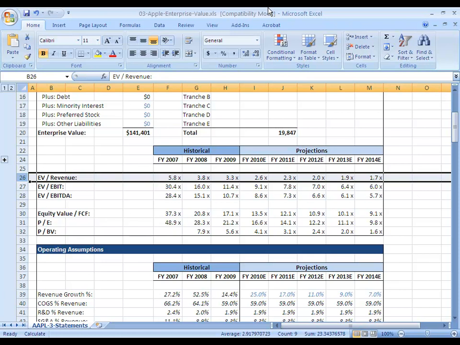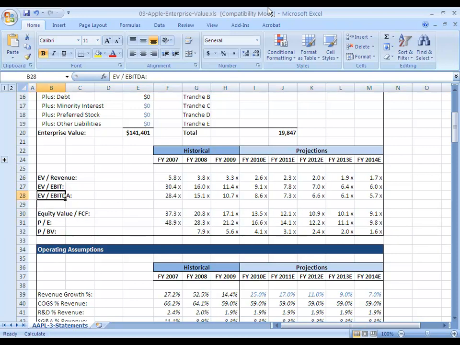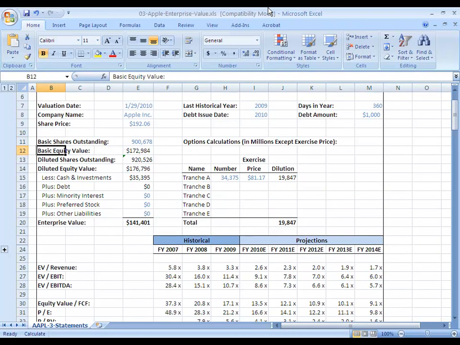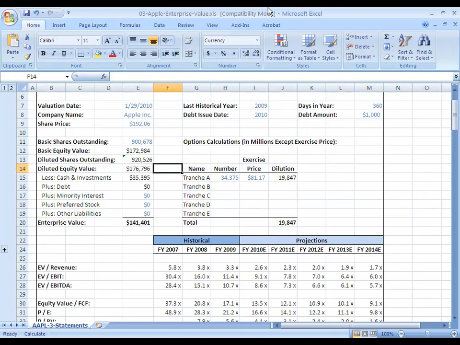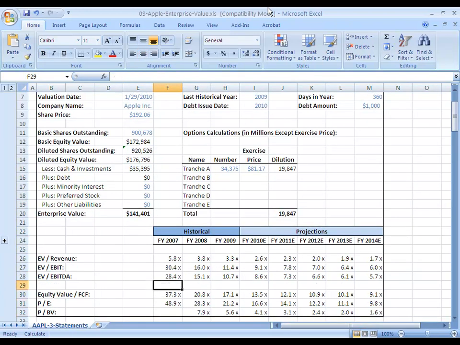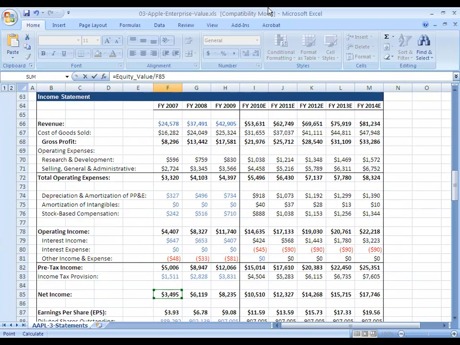One final somewhat tricky question here is, why is it that if you take price divided by earnings per share, that could be different from equity value divided by net income? And the answer there is that the share counts could be different. We saw here, for example, that our PE multiple for 2007 was 48.9x. But if we take our equity value and we divide by our 2007 net income, well, we get to 50.59